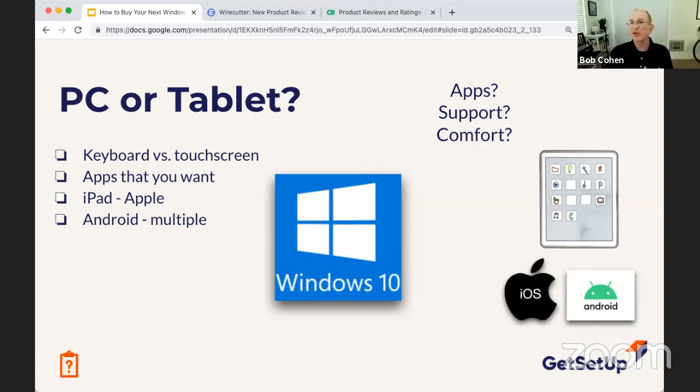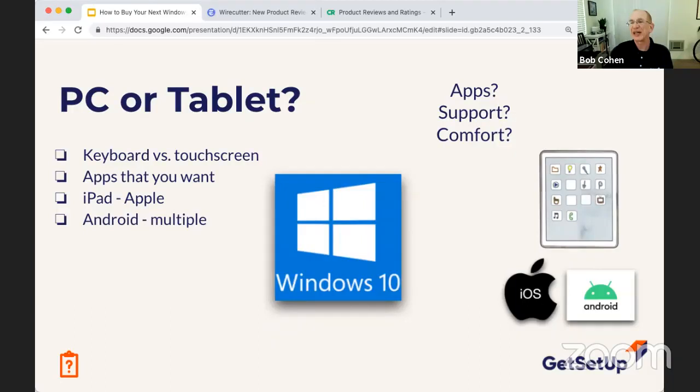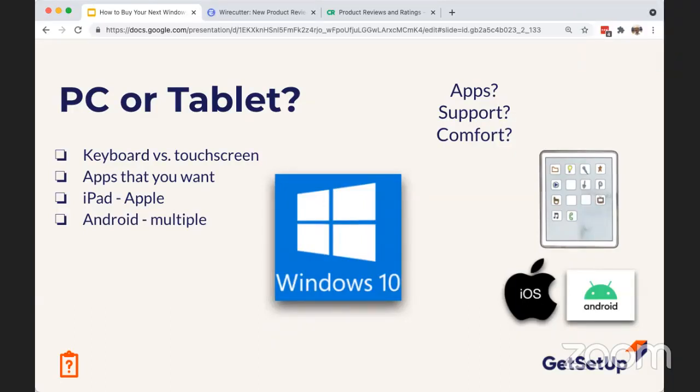And Diana, you have a question. Diana, go ahead and unmute yourself. Sorry, my hand was up by accident, I guess, from last time. But not to get off topic, I did want to share that the difference I find between a Samsung tablet and the Apple is your apps.